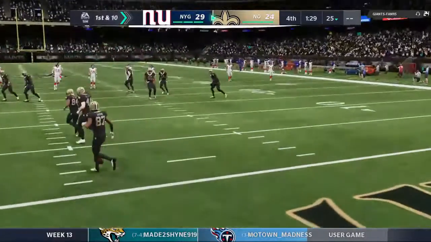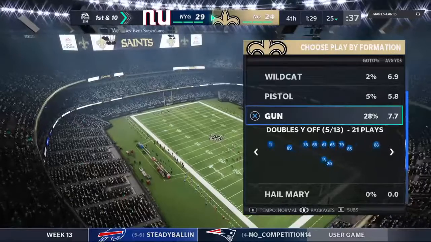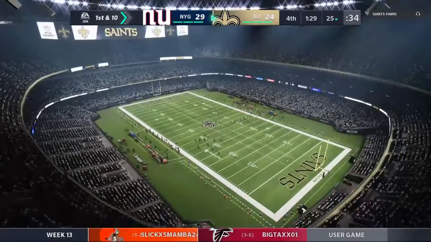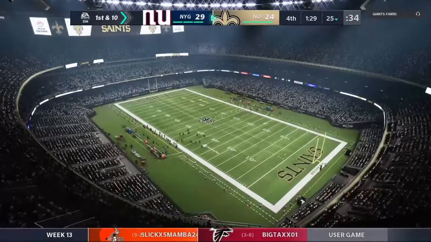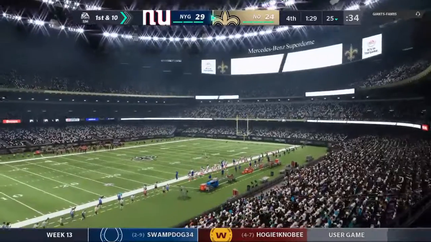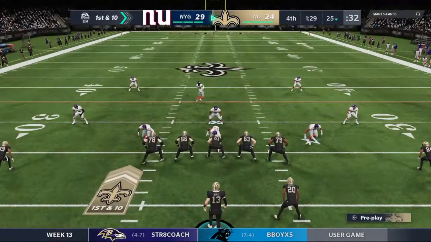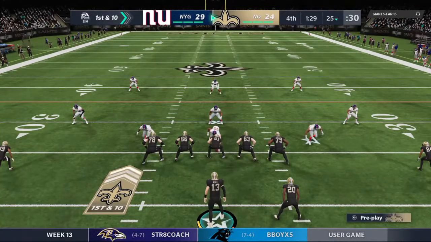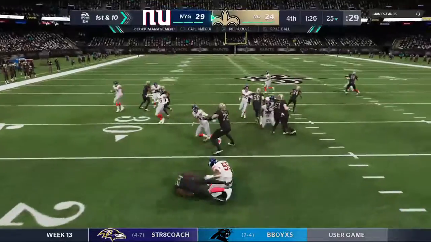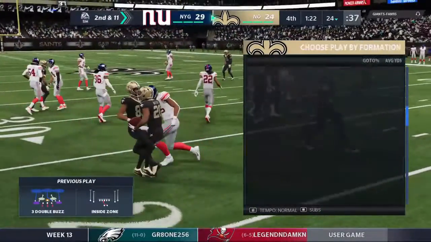Fair catch made at the 25-yard line. The Saints take over 1st and 10 at their own 25-yard line. The Saints offense on the field ready to get their drive started. They're down here in a 1-score game, but the time, it's a factor, but it's not a huge factor right now, is it? It's really not, because this amount of time